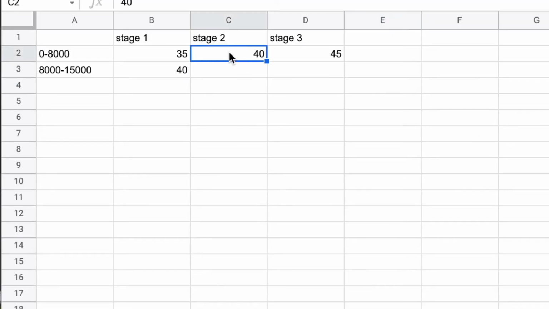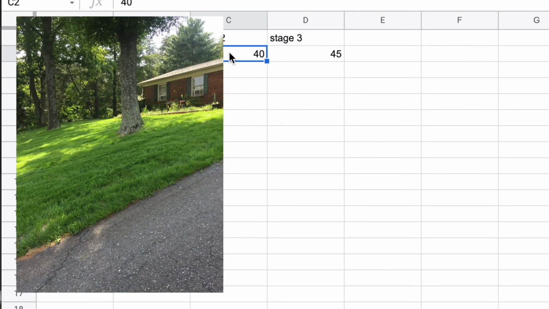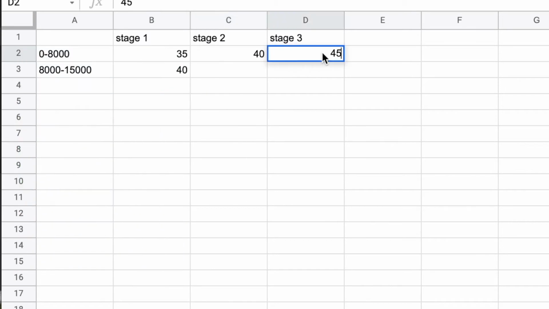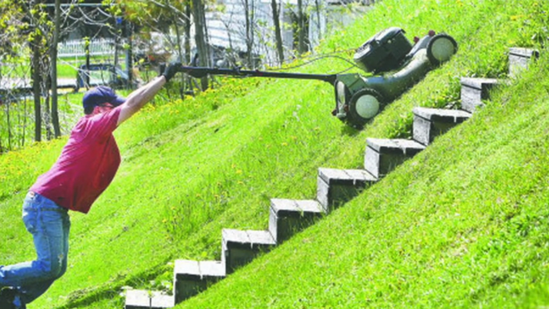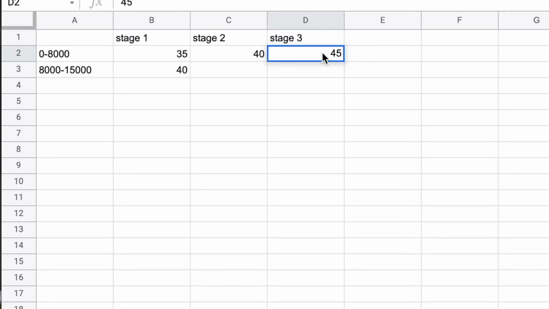But stage 2 would be just above that flat, easy lawn. It might have, you know, some obstacles. It may have a little bit of hills. And then stage 3, it's a lot of weed whacking. It's a lot of hills. There's maybe areas where it might be a little bit dangerous and it takes a little bit longer to mow or weed whack. And so that's where you come into stage 3, when you have a ton of things to go around and move out of your way.